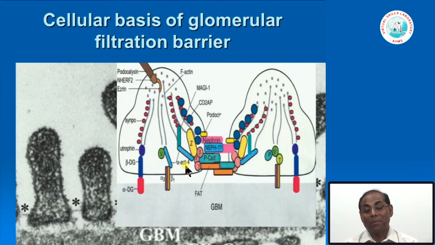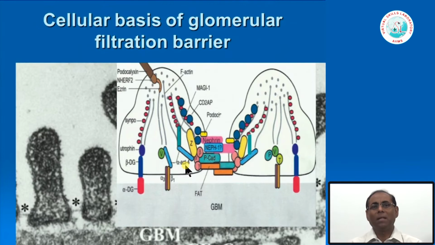That is very important for us to know now, because any abnormality of the genes which particularly produce these molecules or moieties which maintain these glomerular slit pore. So if there is any abnormality or defect in the gene, then finally slit pore functions will be affected. So next question is to understand what are the molecules which maintain the slit pore, and what are the molecules which also maintain the contractile function of the podocyte.